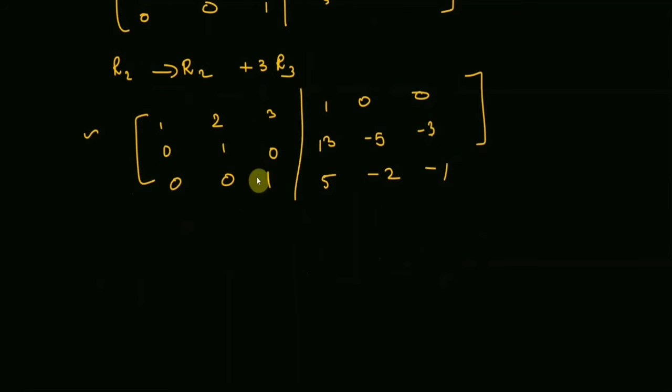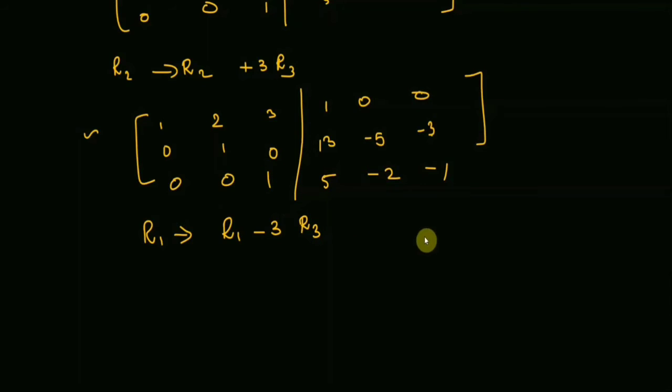Now we have to change this as 0 and this also. So how do you change this as 0? You can, R1 is R1 minus 3 times R3. You can use R3 again because these are zeros. It will not affect these numbers. This 1 and this will not affect other numbers. So R1 is R1 minus 3 times R3. Again I am using R3. So the other zeros or other ones are not changed.